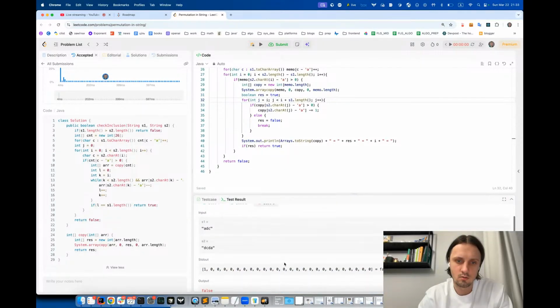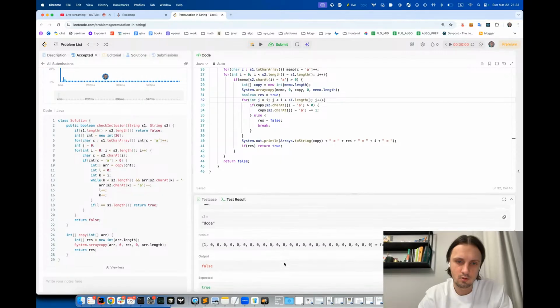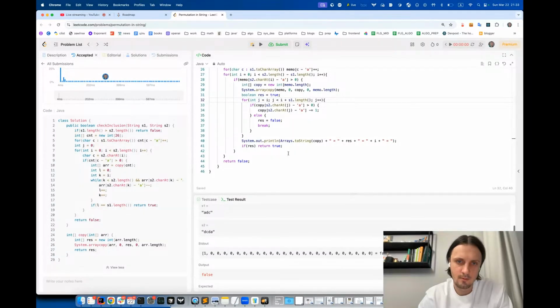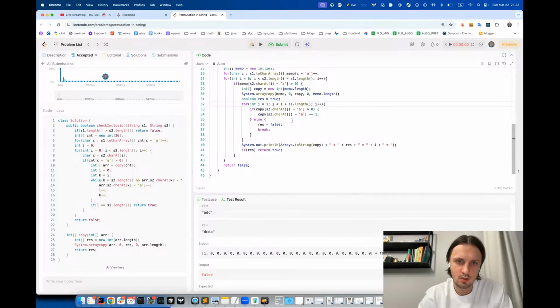Okay. Here it's false, but should be true. Expected output false. So how does it work here? So I have, yes, I have A, D, C, then another D, A, C, D, right? So yeah, so here I am on D,